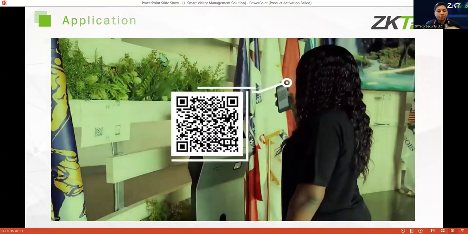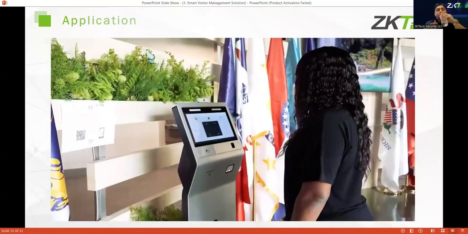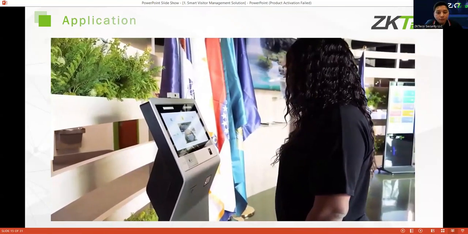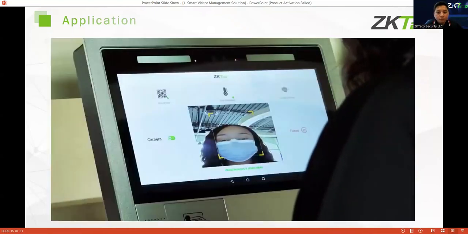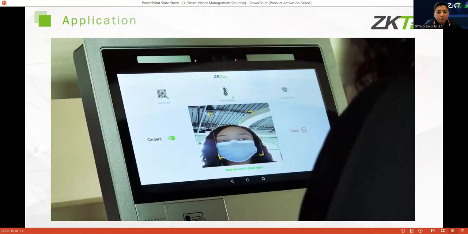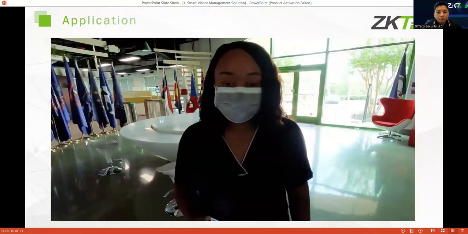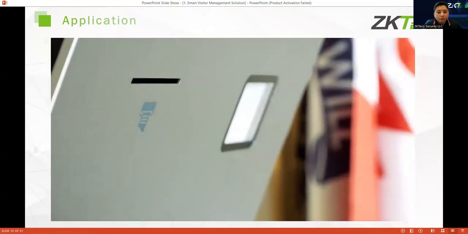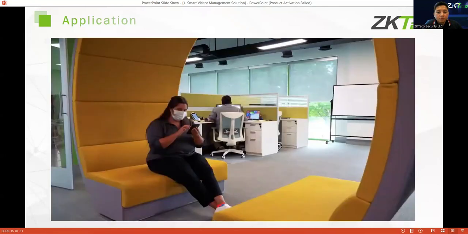The kiosk then scans the visitor's skin temperature to ensure it's within acceptable range. If requested, the kiosk will also check to ensure the visitor is wearing a protective face mask. After the kiosk confirms the visitor's identity, appointment, acceptable skin temperature, and that they're wearing a mask, the visitor's ticket will print.